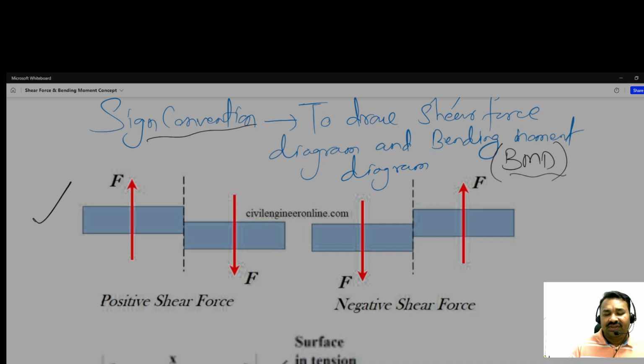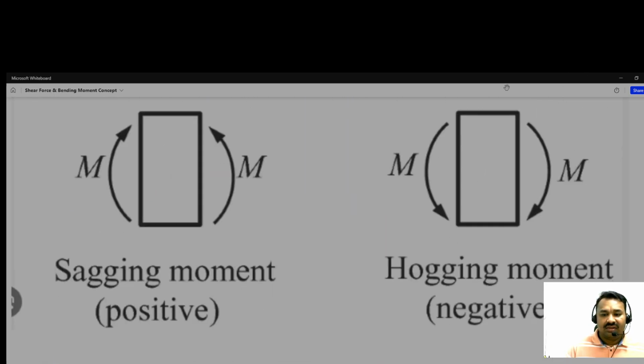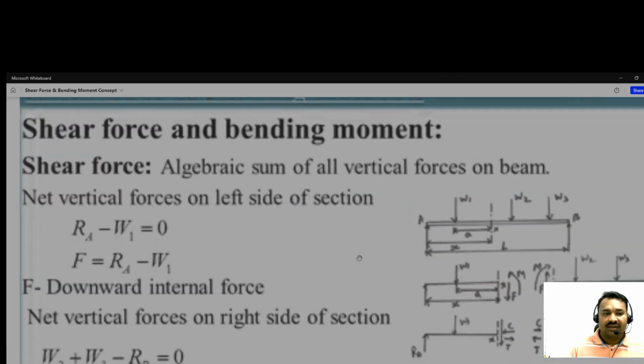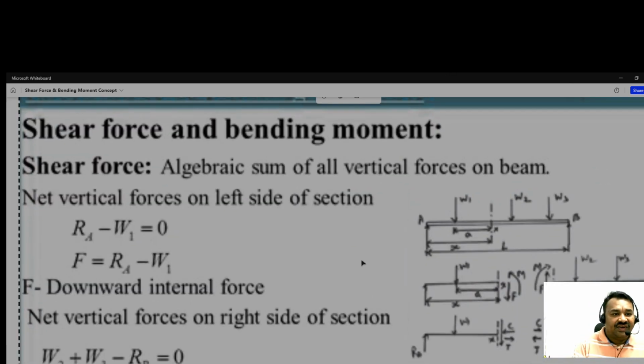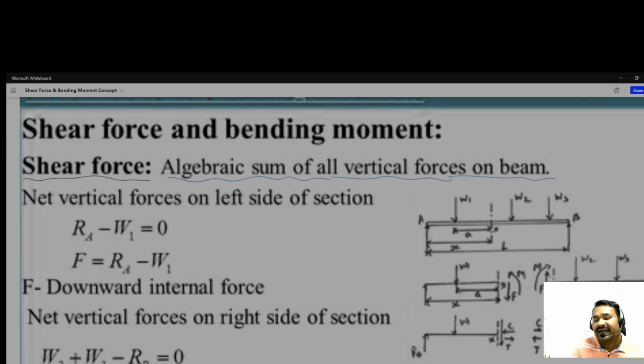So what is shear force? Shear force is basically the vertical forces. It is better to know the definition, what is the shear force. So here you can see the shear force, it is the algebraic sum of all vertical forces on the beam. So no need to get confused, what is the difference between shear force and the forces we had earlier? So shear force is